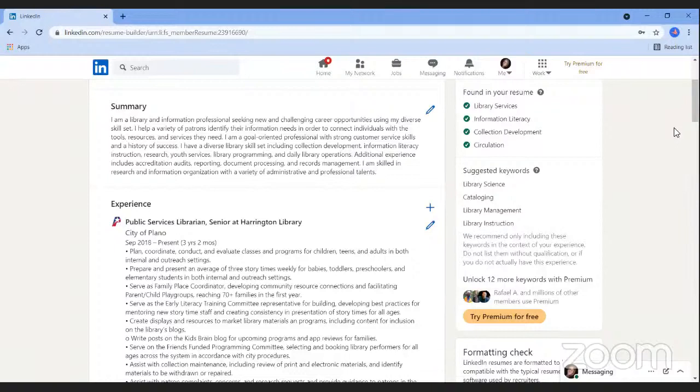In addition to LinkedIn's recommendations for keywords, here are a few more suggestions for identifying and using keywords in your resumes. Review the job postings to see what keywords commonly appear. If you're seeing the same word over and over again in jobs that you're looking at that you're interested in, make a note of those words and you can drop them in as keywords in your resume. You can also review company websites to get a better idea of their needs and culture, and look for keywords that demonstrate a combination of soft skills, specific job skills, and industry buzzwords.